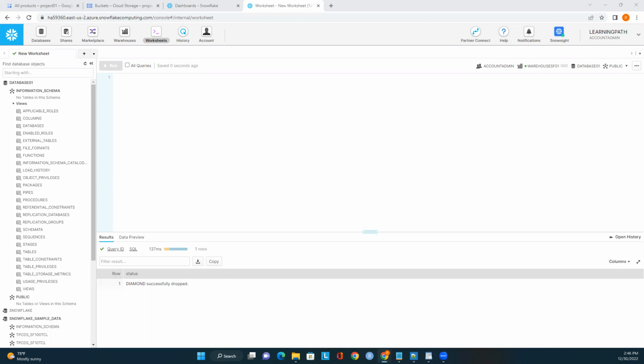In this module, we will learn how to load data from Google Cloud into Snowflake. We will copy data from Google Cloud Storage into a Snowflake table. And what we will learn in this session, we will learn how to configure an integration for Google Cloud Storage